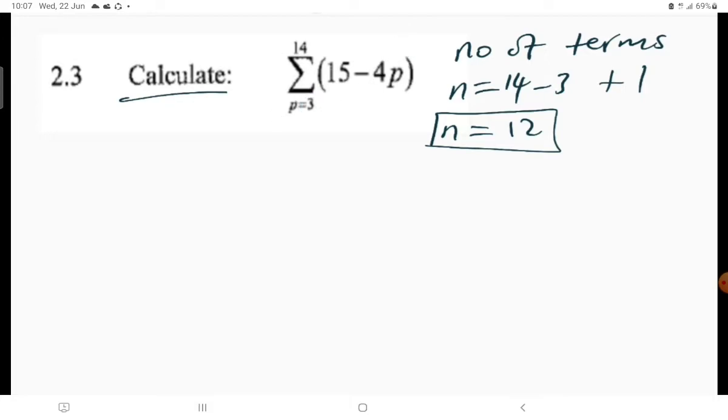So what do you have? You have 15, then minus 4 times 3, then therefore you find the first term. So the first term becomes 15 minus 12, which is going to be just 3. Then therefore